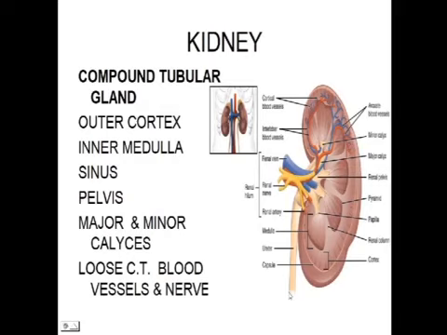On naked eye inspection of a vertical hemisection, the kidney shows an outer reddish-brown granular zone called the cortex and an inner lighter colored striated zone which is known as the medulla. The cortex appears granular because it contains the renal corpuscles, which are spherical structures, and convoluted parts of the renal tubules. The reddish-brown color of the cortex is due to the fact that about 90% of the blood passing through the kidney is in the cortex.